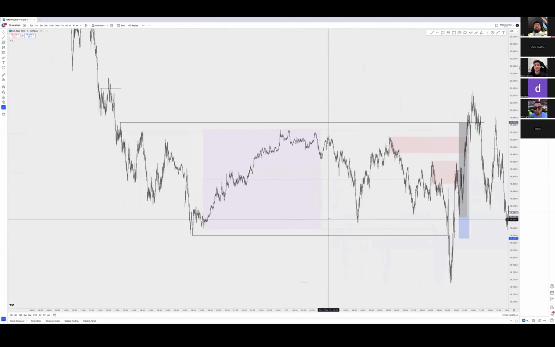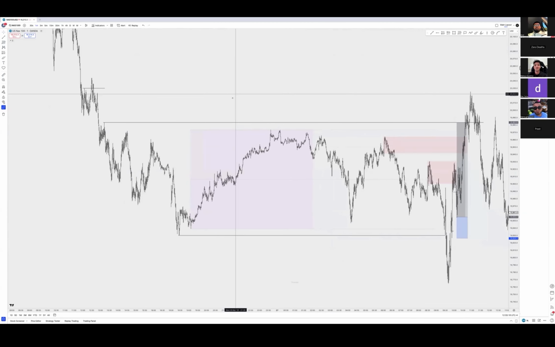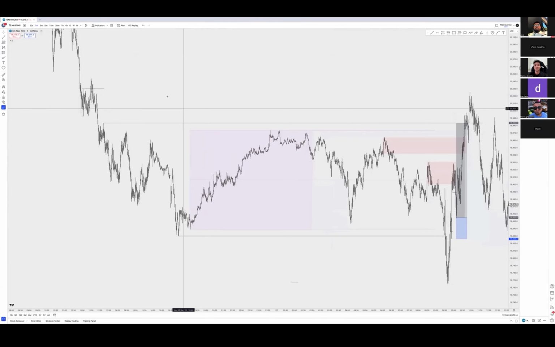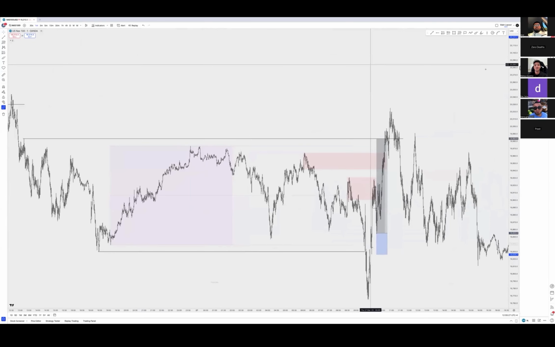Okay. No. So basically, for me, I was still looking for shorts, right? I really like this high getting taken out. Like I mentioned, this is the previous 4-hour high, and what I like to see is, let's say there's a 4-hour high over here, I like to see price action build some sort of liquidity up there. You know what I'm saying? And then once it takes that out, and if there's some sort of liquidity block or imbalance, if there's an imbalance, I have to wait for more PA, something like that, and then take shorts if I'm looking for shorts. Obviously vice versa if I'm looking for longs.